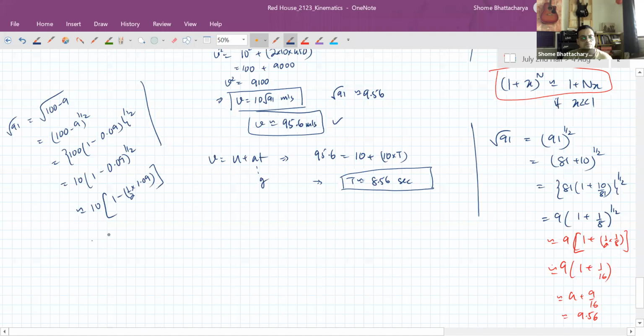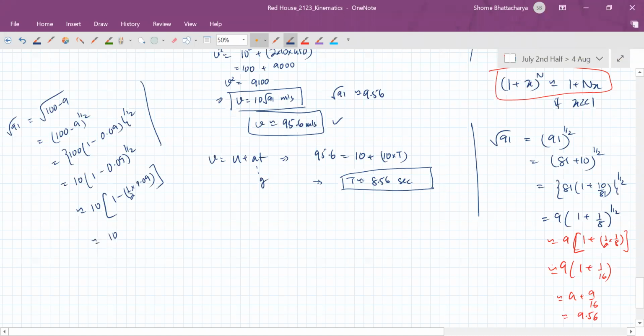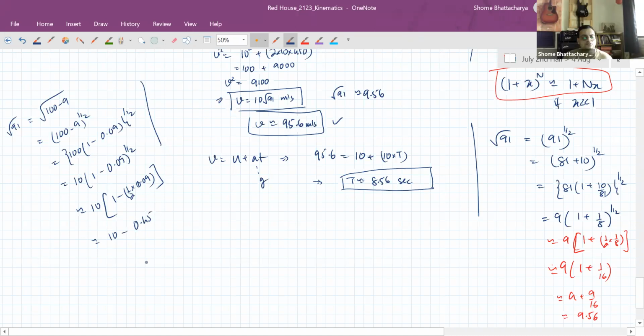Okay, so only half into 0.0, okay. So 0.045 into 10 will be, you can see it's coming in that kind of range only. Same 9.55, 9.56, something like that. So this is called the binomial approximation method. Don't worry, you will learn it later in maths also. Okay, so